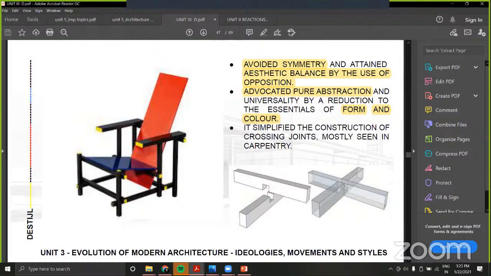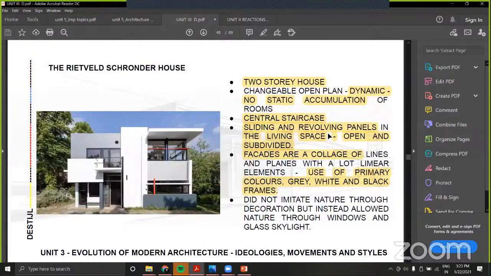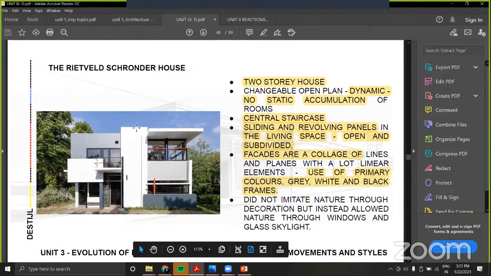As you can see in the example here, they interlocked two cubes into a single cube. So this will be one cube and this will be one cube. Interlocking of spaces also started in these movements. This is a typical example of these De Stijl buildings. They avoided all ornamentation. They used vertical lines and horizontal lines, subtle colors, and they used primary colors to highlight the